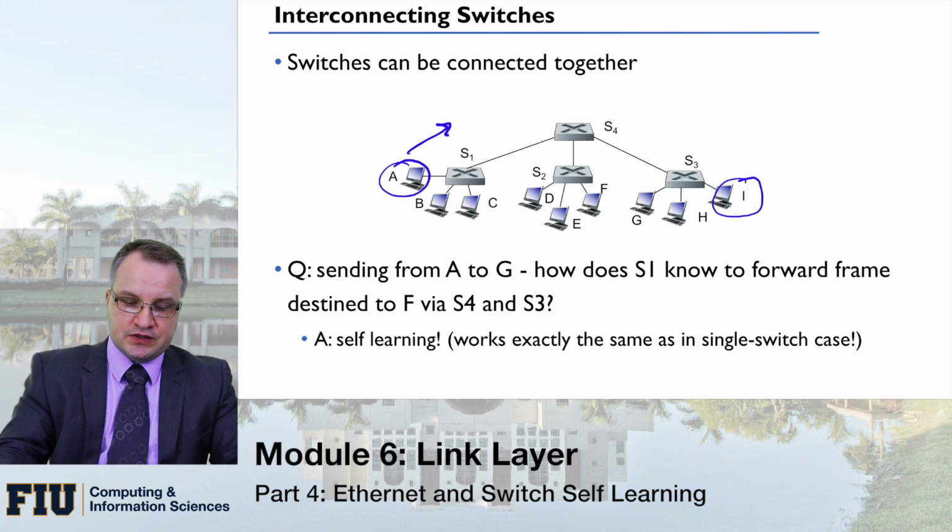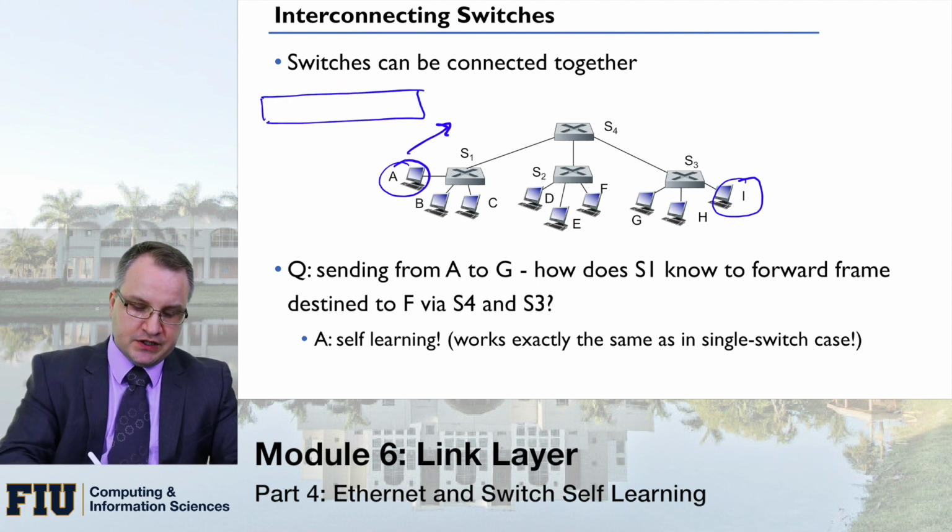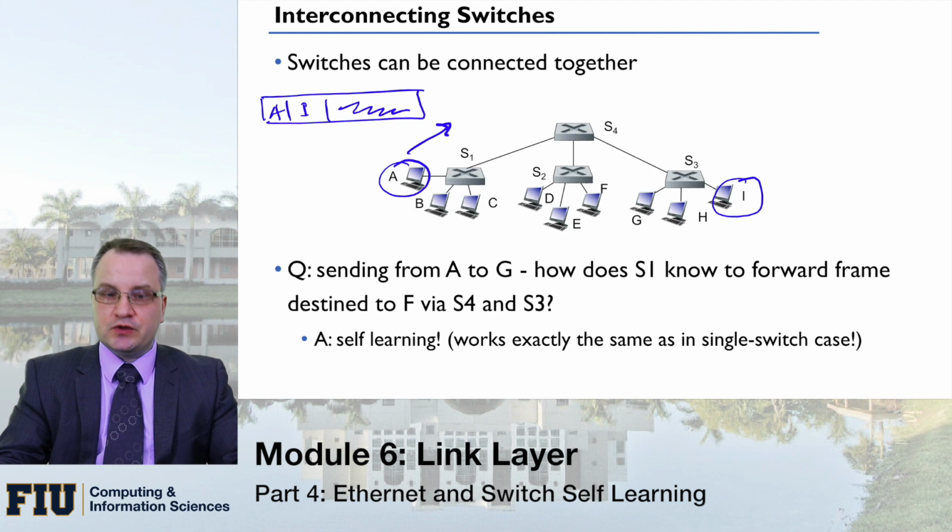let's say it's going somewhere else. So node A will create a frame. This frame will indicate that the source is A, the destination is I, and it will include some kind of payload. And this frame will be presented to multiple switches. So what's going to happen initially, when we have no information in those switch tables,